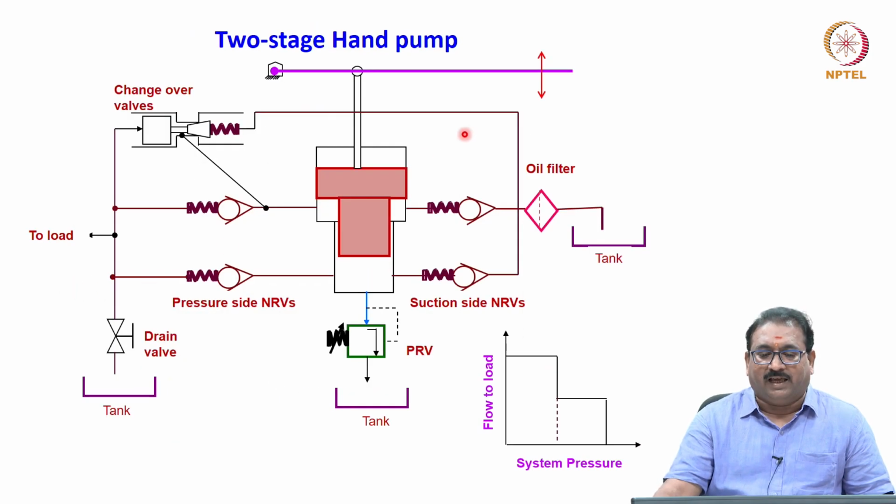Now schematically I have drawn it here again to understand better. Stepped piston here, same as usual. When you push down, what happens? It will move up. What happens? Fluid will be sucked to this side. Whatever fluid is there will go to the load. When you are reversing the load, you have to use a drain valve, and it will go directly here. This is very simple to understand, the two-stage hand pump.